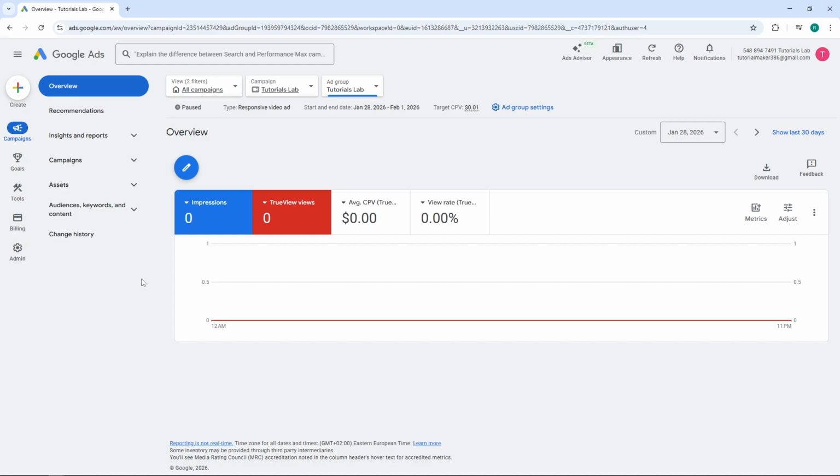First, open your browser and navigate to ads.google.com. Once you're there, log into your Google Ads account using your credentials. After signing in, you'll land on your Google Ads dashboard, which is your central hub for managing all your advertising